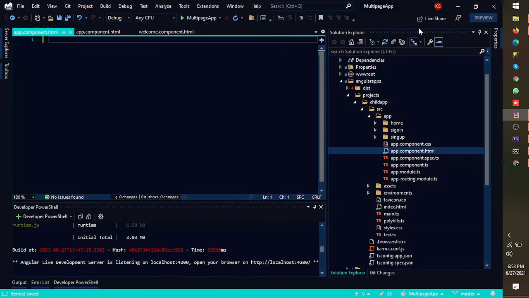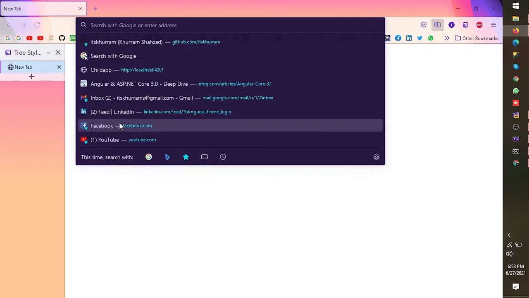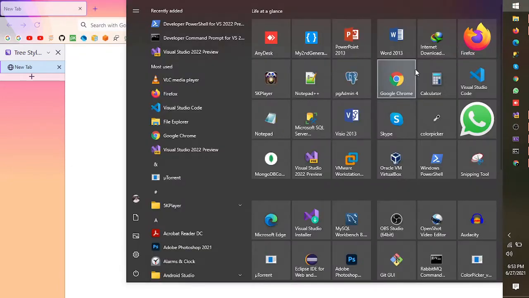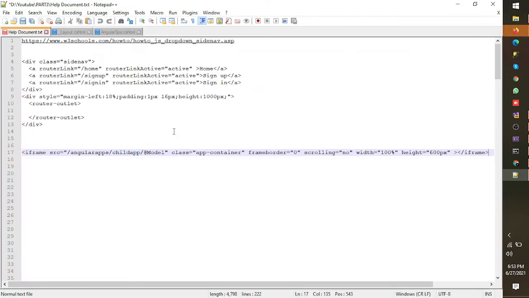So let's add some navigation. To do that, let's go to W3 School and copy some left navigation. So I have the URL of W3 School. Let me access that for you guys so that we can save some time.